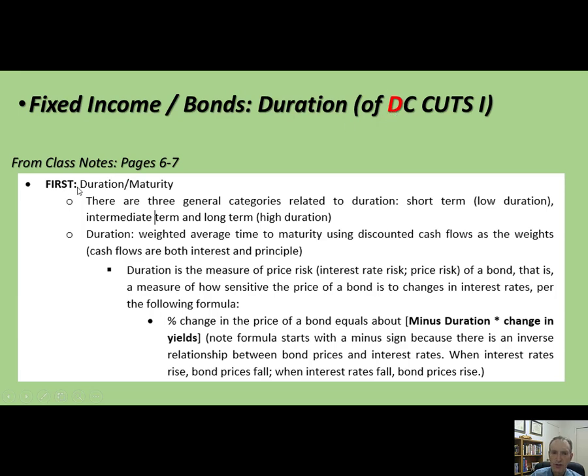D is for duration. We'll talk about that first. The first C is for convexity. We'll get into convexity today. Hopefully we'll finish convexity today. The second C is credit. The U is what we talked about last class, U.S. versus non-U.S. bonds. There are some people who classify non-U.S. bonds under bonds. Other people have that as alternatives. We'll talk about non-U.S. bonds here.